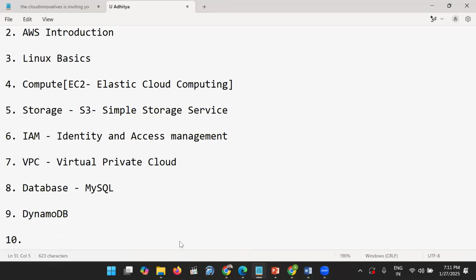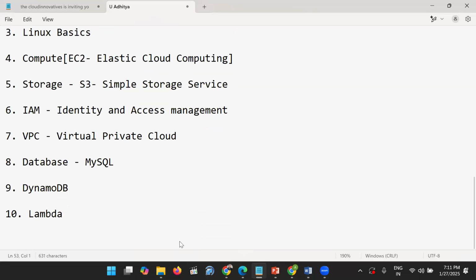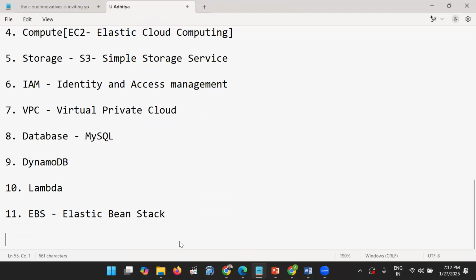And also I can cover services in AWS. The Lambda service, I have to cover. And Elastic Beanstalk is also there. Elastic Block Store is there. EBS is Elastic Block Store. Elastic Beanstalk, that is the infrastructure being provided.